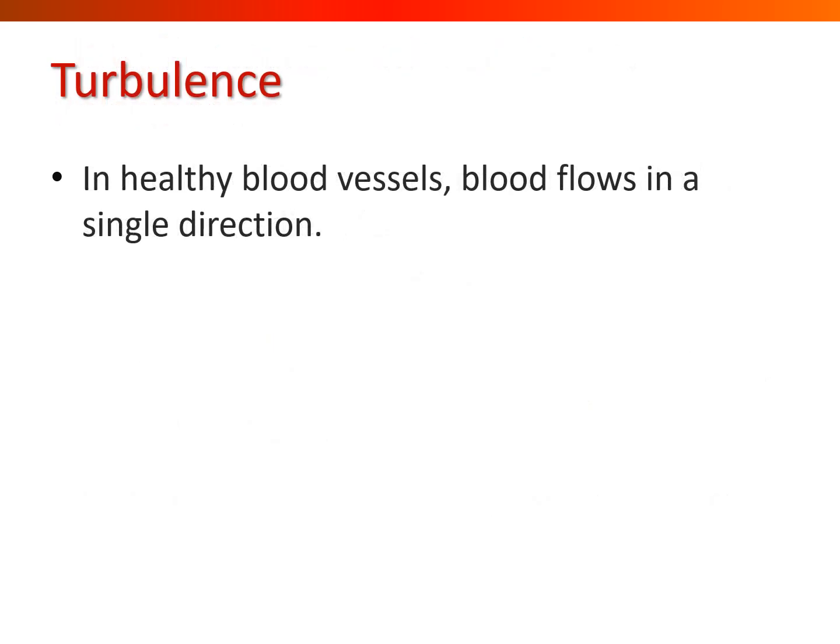Now, a moment ago, we talked a little bit about turbulence, and we also talked a little bit about normal blood flow in a healthy vessel. And the thing that we can say about healthy blood flow is that it's going to flow in one direction in that vessel. So if we bring up a blood vessel and we put in our laminar flow, this is flowing kind of slow, and then the blood next to it's going a little faster, and the blood down the center is going the fastest. But you can see by the arrows that all the blood is going in a single direction. Everybody's moving along the best they can, having to deal with things like viscosity and the friction against the vessel wall, and maybe even the vessel wall diameter and the length. So the usual things that we think about when we think about blood flow.